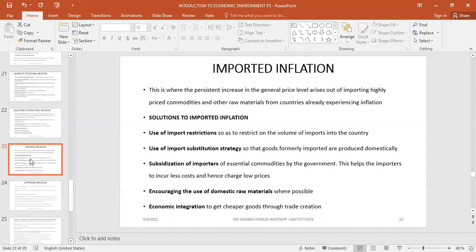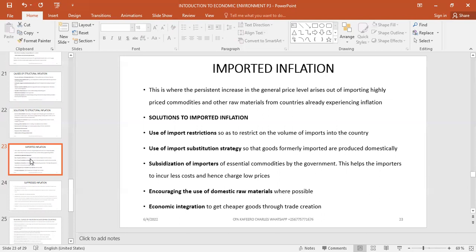How can we control that? The only way we can control those is by putting in our own measures. First of all, you can put import restrictions. You restrict the volume of imports. You may say that I'm setting a tariff. You're not discouraging people from importing, but you put, let's say, a tariff that if you want to import